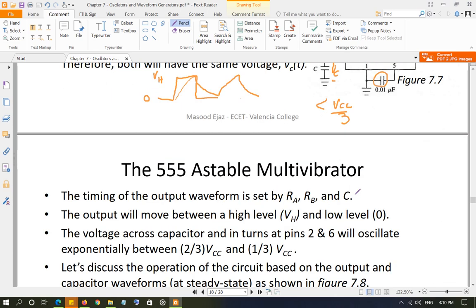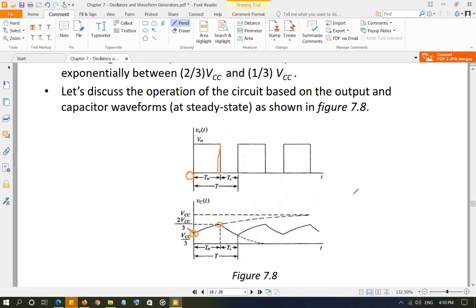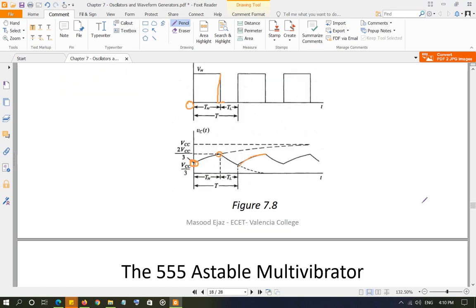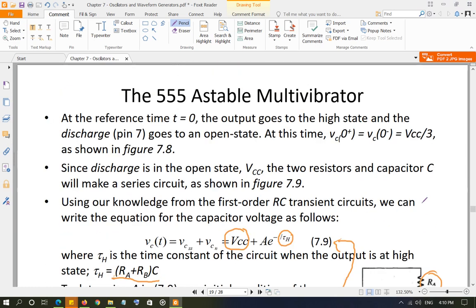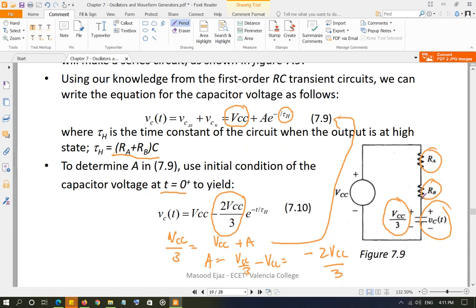And the first condition is going to be repeated again, that is, the capacitor will start charging now from VCC by 3 towards 2 VCC by 3, and in that course, as we discussed, the time constant is going to be RA plus RB times C, and all that we discussed is going to happen. So this is how this circuit is going to work, and this is how the timing of the capacitor and resistor circuit is used to create the output waveform, as we also discussed in the previous section